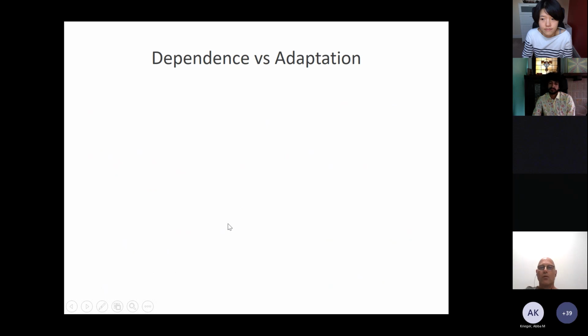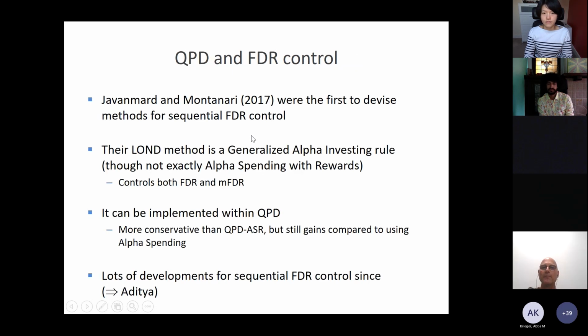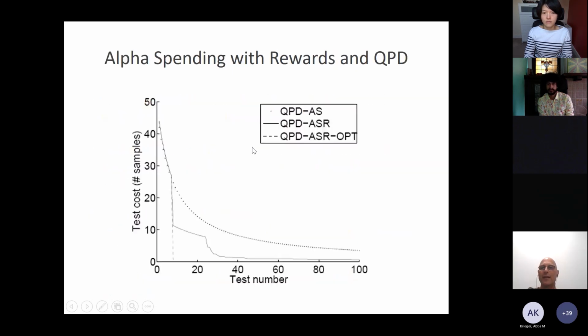Okay, so this was a quick review of the early QPD work and the work that we did in our JRSS paper. I want to use the time I have left to talk about the question of being adaptive and not only dependent. Let me just summarize, emphasize again for our ability to control MFDR or FDR that there's two aspects